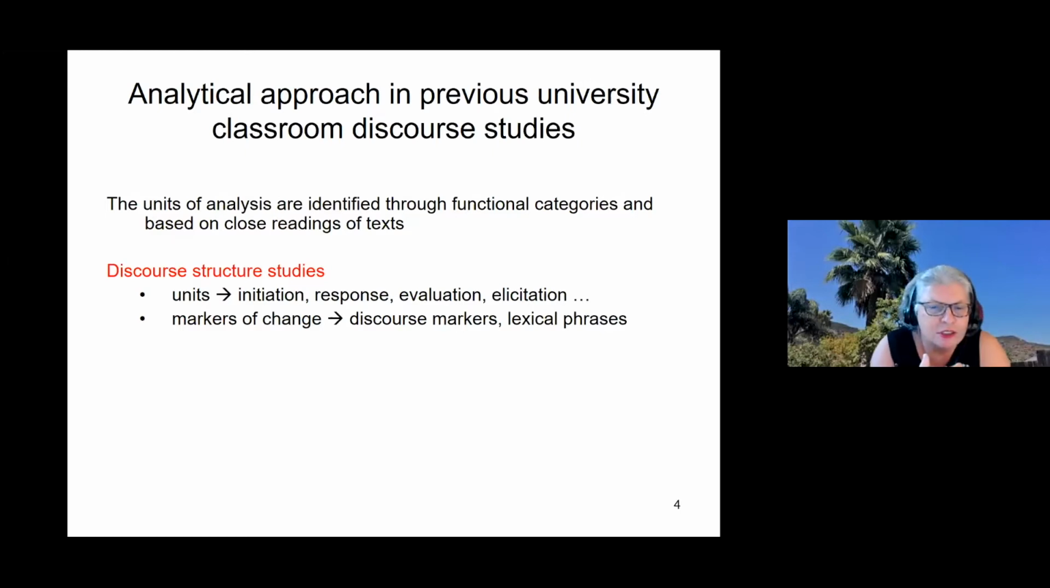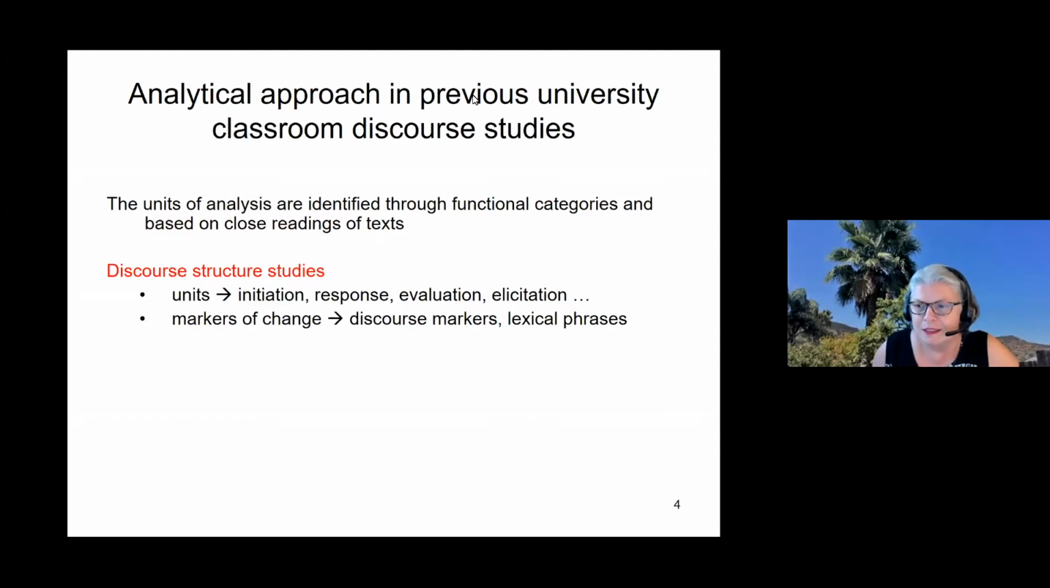The markers of change in discourse structure studies were looked at by many through lexical phrases and discourse markers. By the way, I'm not going to mention any references here because there are so many, and I'm sure I'm going to leave somebody out, and people are going to get upset. So instead, I'm just going to talk about these things, but do know that there is a vast amount of literature involved